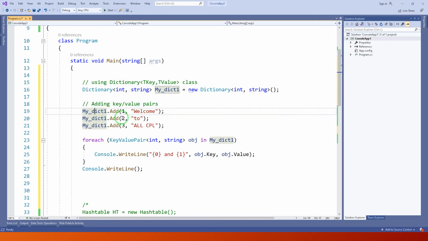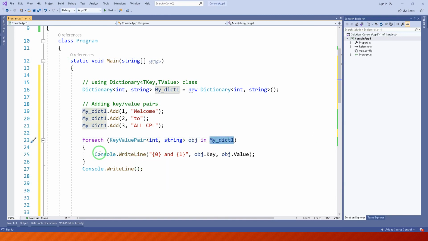In the dictionary we have defined one key having some value, key 2 having some value, and key 3 having some value. Now in the next line just print the key value, and with the help of foreach loop we print this key value pair, integer and string, and there is an object in myDictionary.